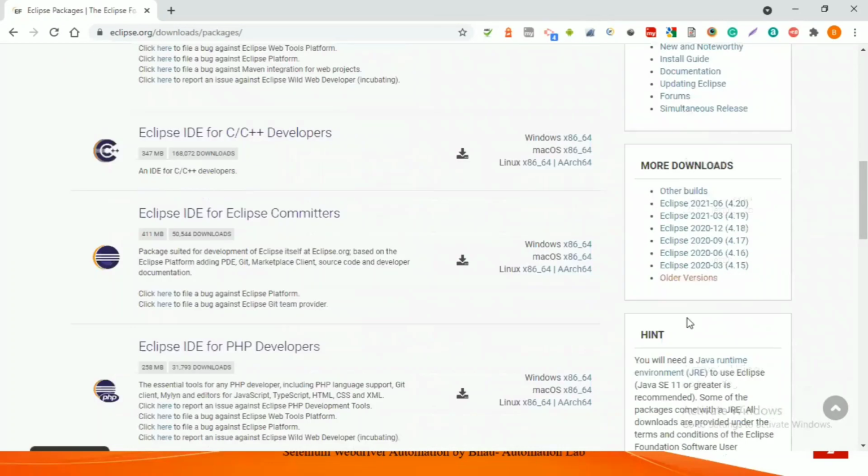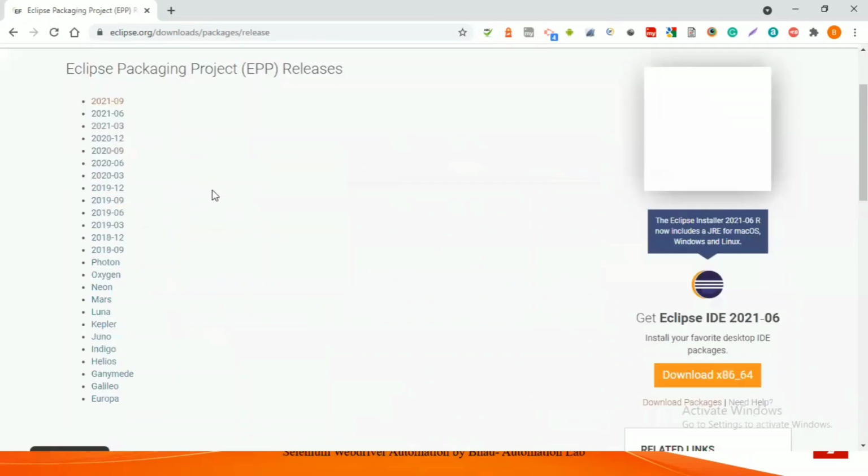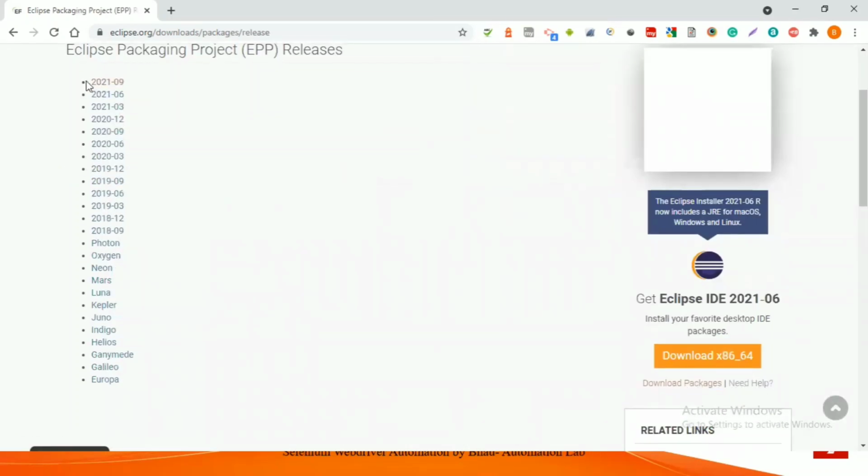If you go here to download packages, there are more downloads, and there is the version history of Eclipse. If you click on these older versions, you can see that every quarter of the year a new Eclipse version is released. Don't worry about these versions because there are no extra changes in them.